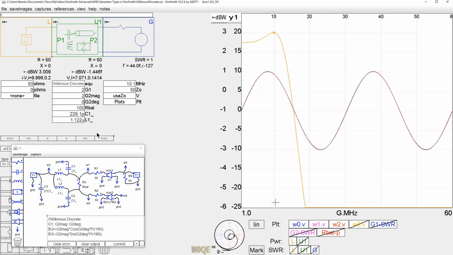Now, if we want to see how bad does a Wilkinson power combiner perform if the two phases are not equal. A Wilkinson power combiner is defined as a 0-degree phase combiner. It expects the two signals coming in to be in phase. Look what happens as I change the phase. I can see the red line here is the W2V, which is this signal right here. I'm